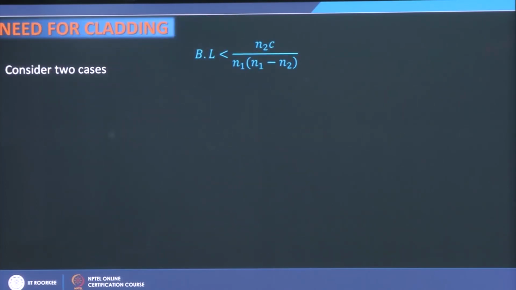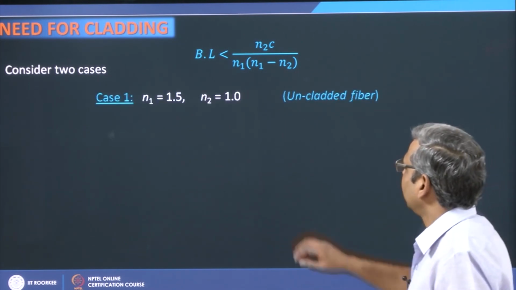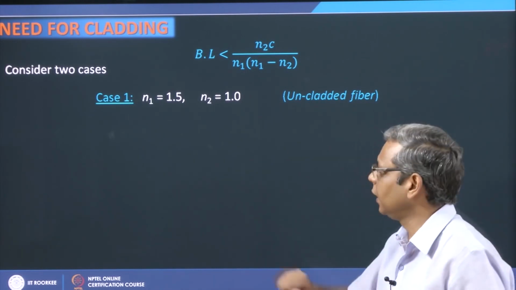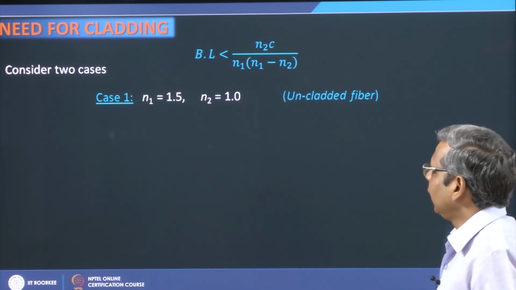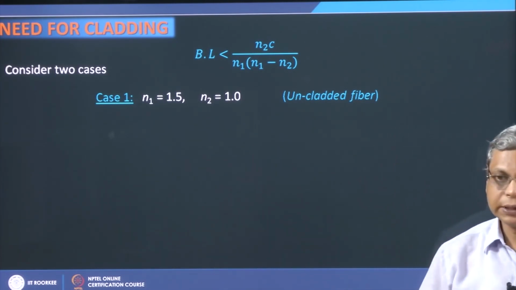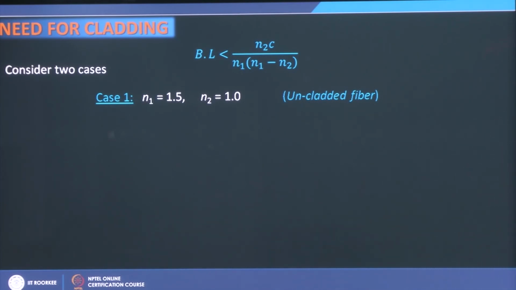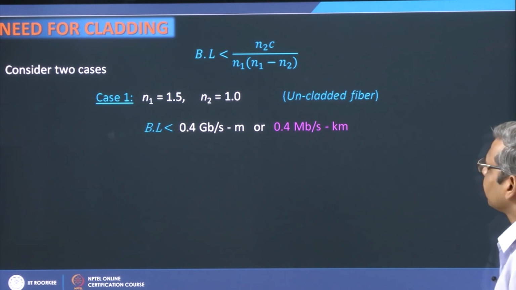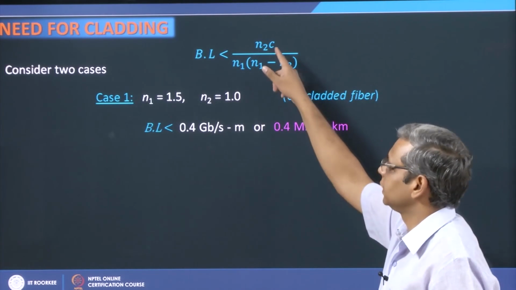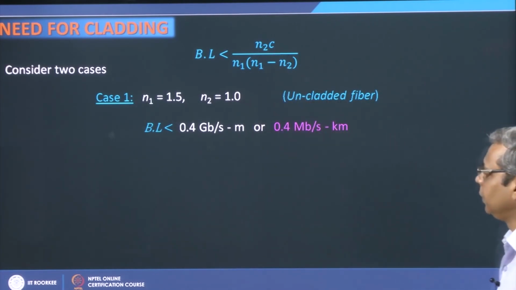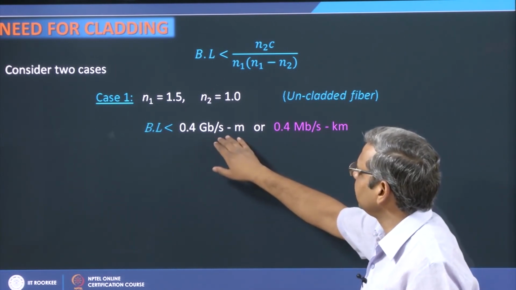What is the implication of this? Let us consider two cases. Case 1, it is of uncladded fiber where I have core of glass of refractive index 1.5 and air works as cladding. So, n2 is equal to 1. In this case, let me find out this B times L, and if I plug in these values here, small c is the speed of light 3 into 10 to the power 8 meters per second, then it comes out to be 0.4 Gbps times meter,